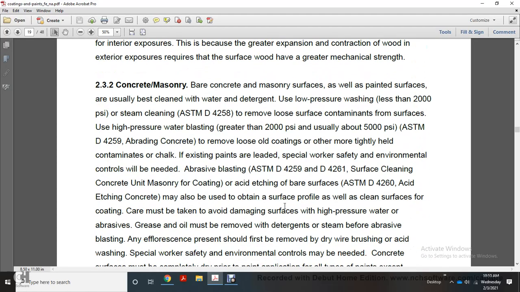Concrete and masonry. Bare concrete and masonry surfaces and well painted surfaces are usually cleaned with water and detergent. Use low pressure washing, less than 2,000 psi, or steam cleaning, ASTM D4258. Remove loose surface contaminants from the surface. Use high pressure water blasting, greater than 2,000 psi, usually about 5,000 psi, ASTM D